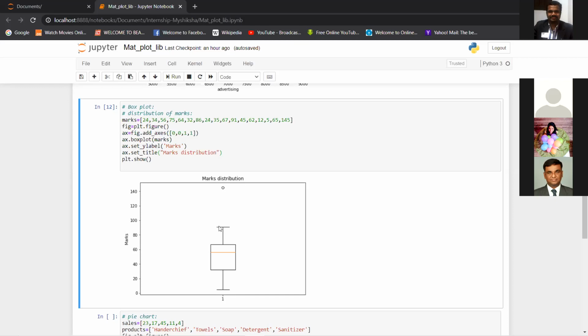About these values, these are called min and max. How you calculate them, I will give you a formula. And how do you arrive at the 25 percentile? I'll tell you that also.